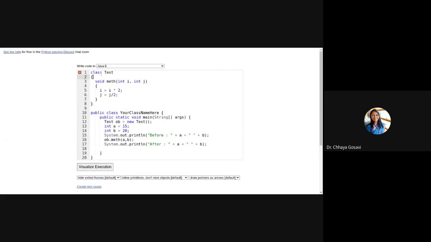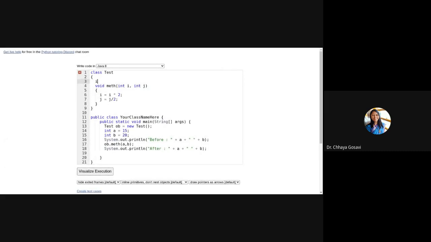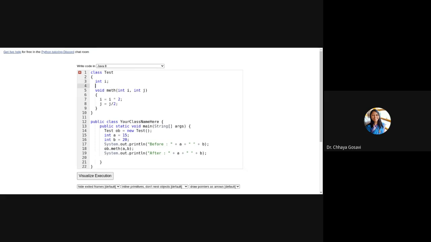So in case of pass by reference, here I am using class variables. Instead of i and j as variables for this method, here i and j are instance variables or class variables. So no need to pass any parameters.